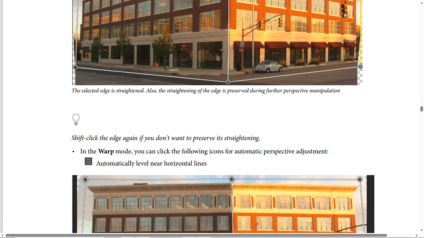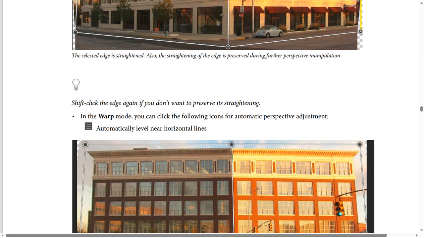And you should press shift click, sorry. You should press shift click the edge again if you don't want to preserve its straightening. And in the warp mode, you can click the following icons for automatic perspective adjustment, and automatically level near horizontal